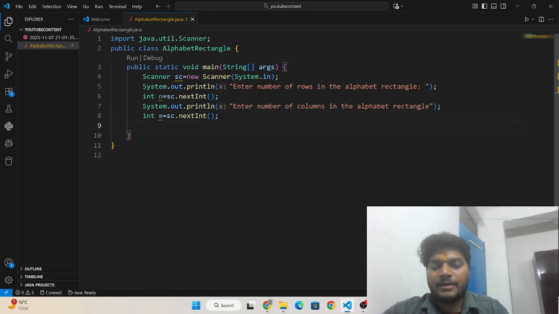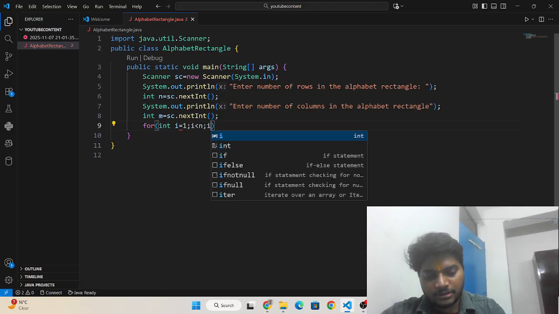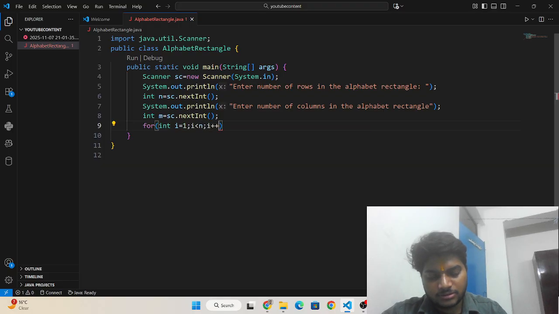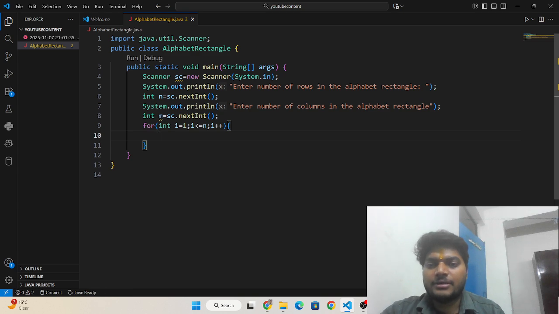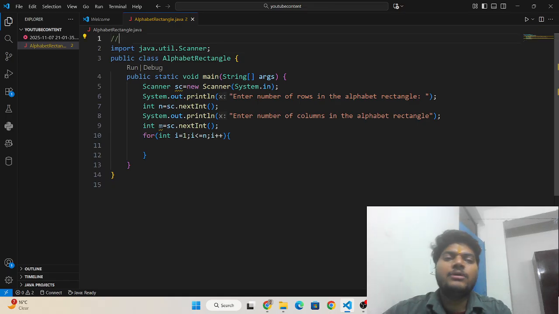Okay, and now I'm going to write a for loop: for int i = 1, i less than or equal to n, i plus plus. Then I should first inform you what we have to print: the alphabet.